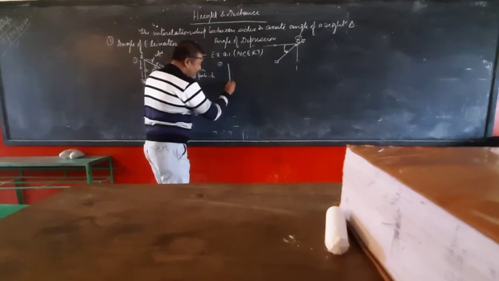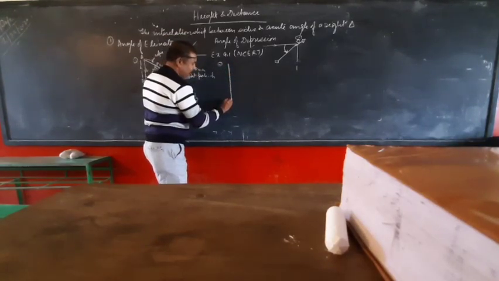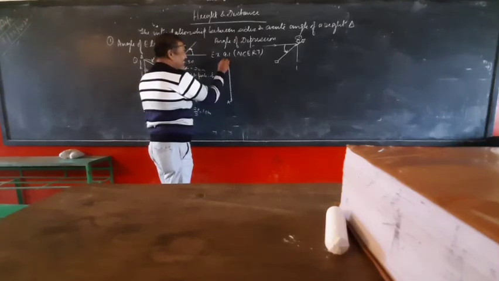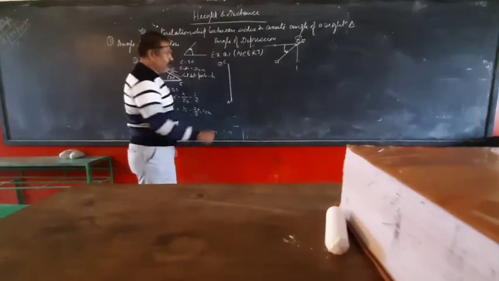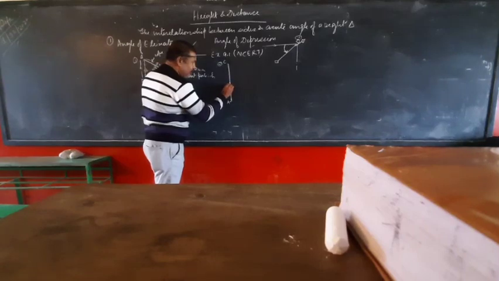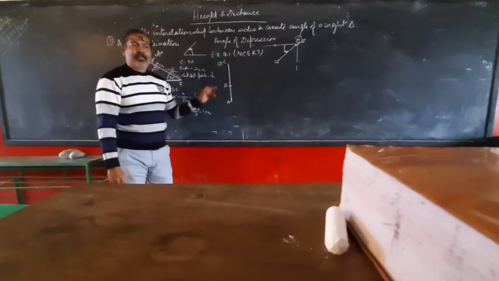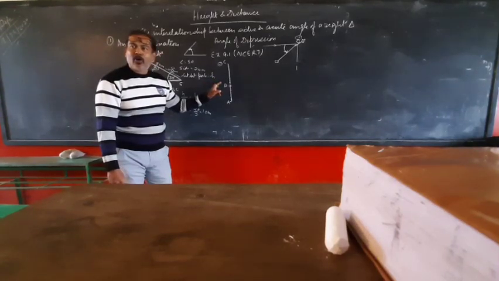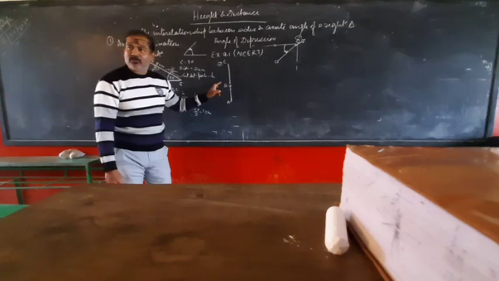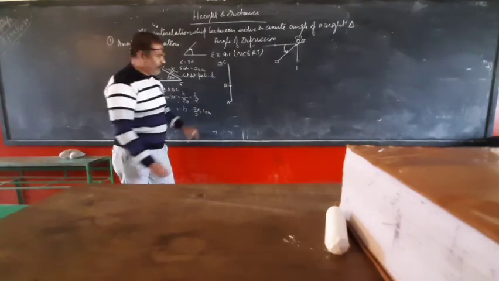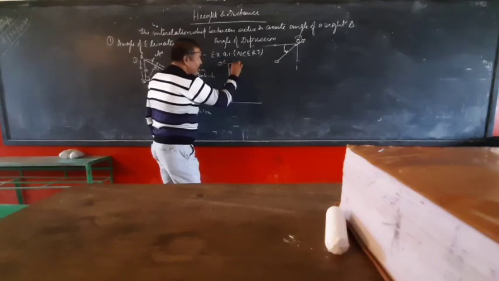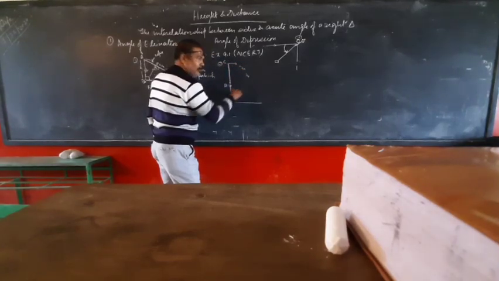Suppose this is the height of the tree. A is the level of ground. C is the top of the tree. At B, from this point B, because of the storm, the branch of this tree has broken but not completely detached. Then the top of the tree started falling. यहाँ से वो गिरना शुरू हुआ.